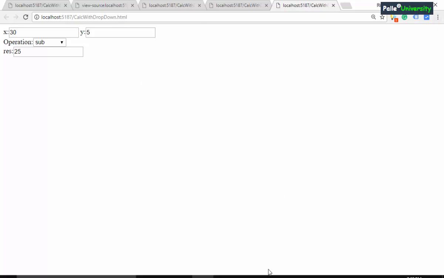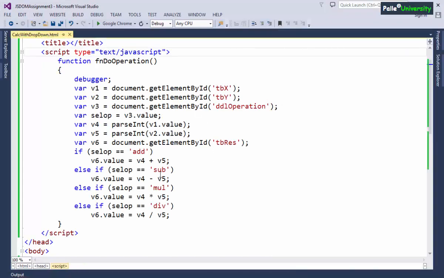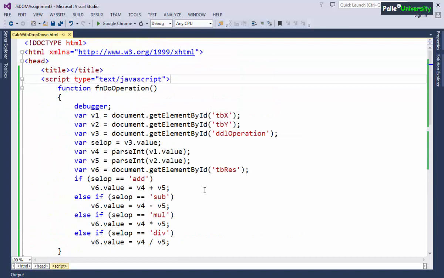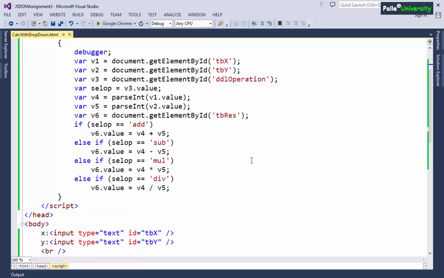So this is how you will be writing the JavaScript code. Remember, you must use a step-by-step approach when you are writing the JavaScript code or any program. You cannot write the entire program at a time. It is highly impossible. I strongly recommend you to use an iterative or progressive approach while writing any kind of program.